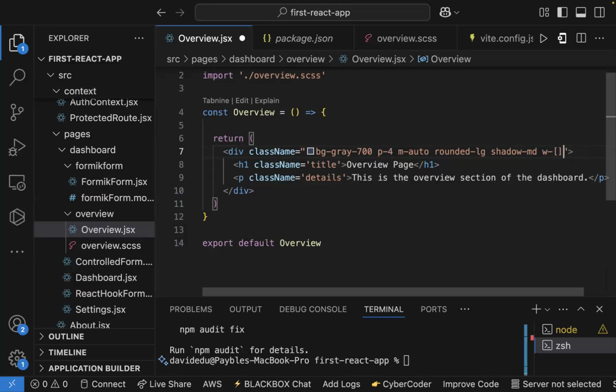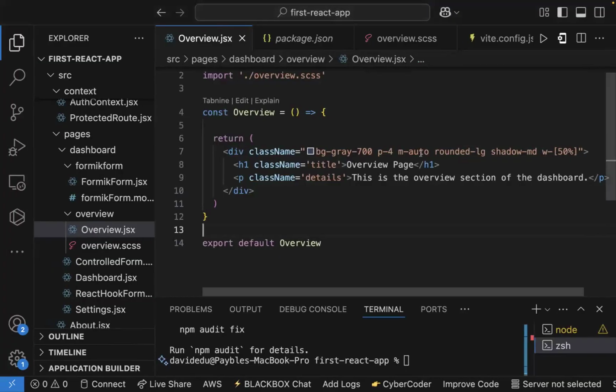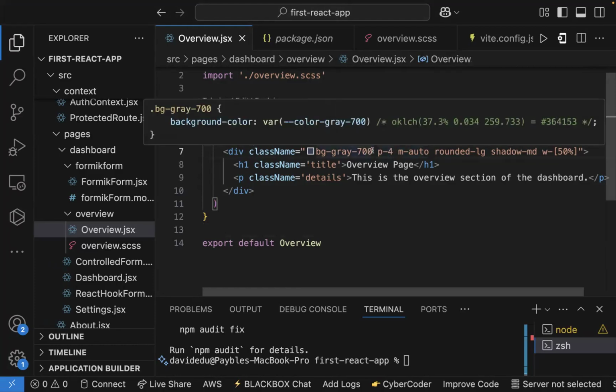So now we can customize this and give it a custom width if we want, right? That is if we don't want to utilize the width that is provided by Tailwind. So we can customize that width. We can do a lot of customization around here. We can add